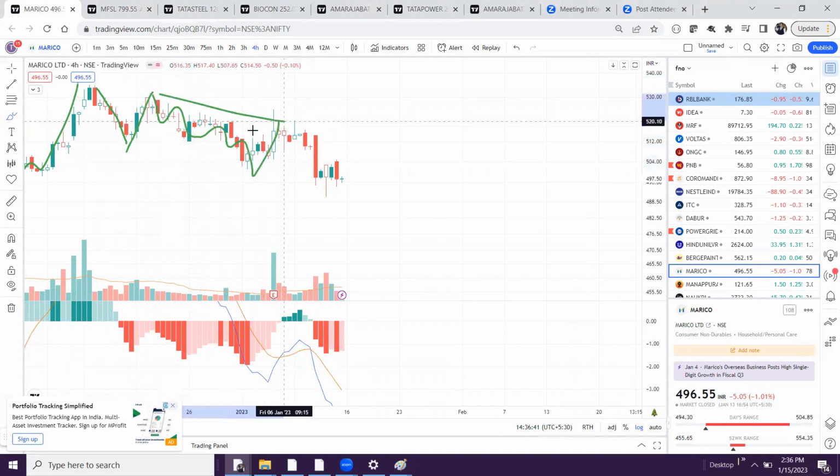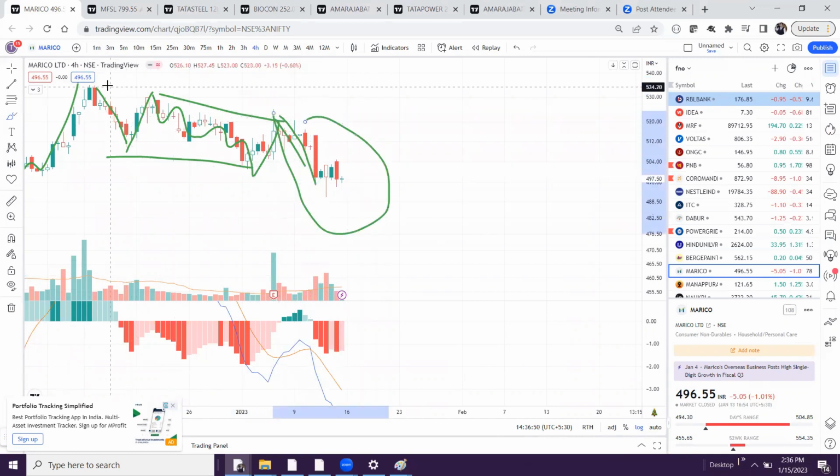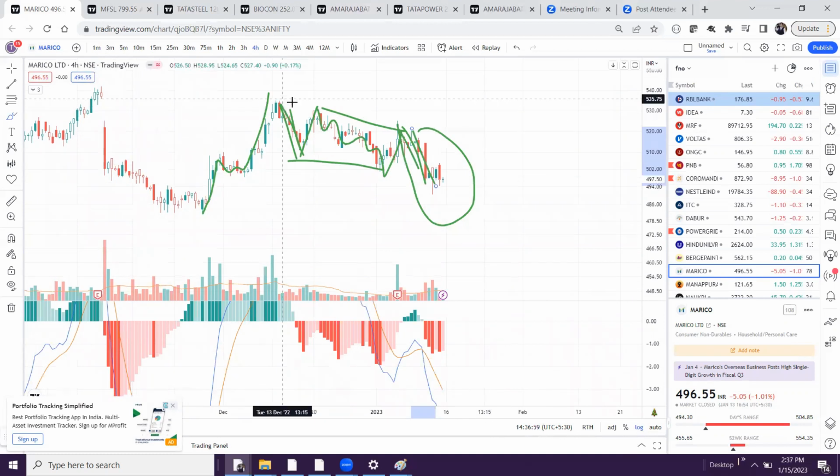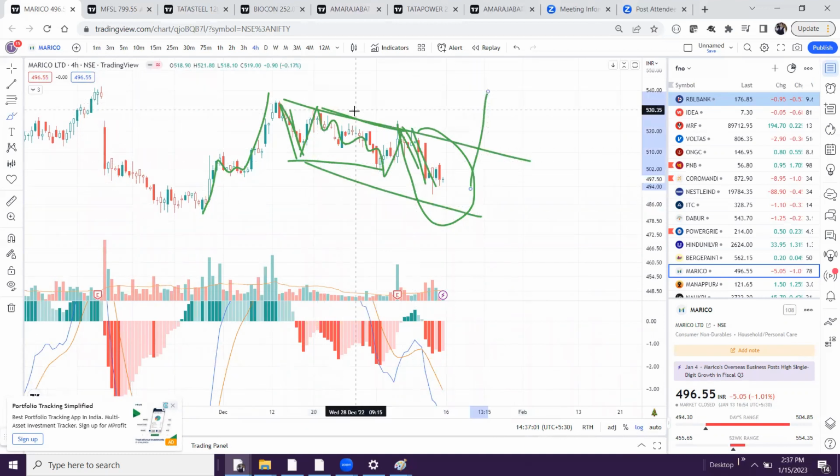This is nothing but a running flat pattern, and after this running flat you are again getting a down move. So now this is the last wave of this correction, as this is first, this is the impulse. So after this impulse, I mean, this correction is over, we are expecting another move to the top,